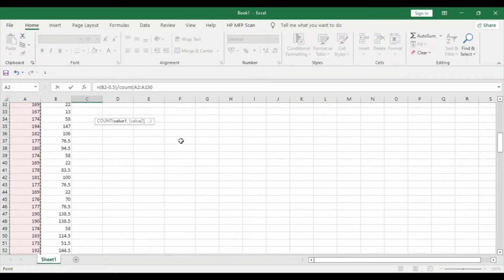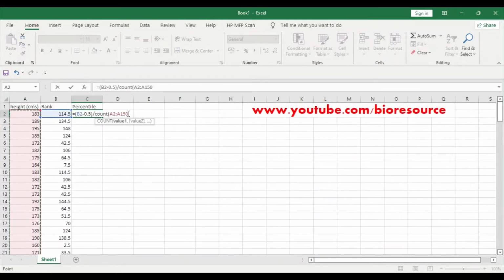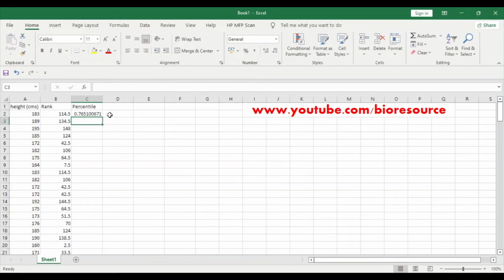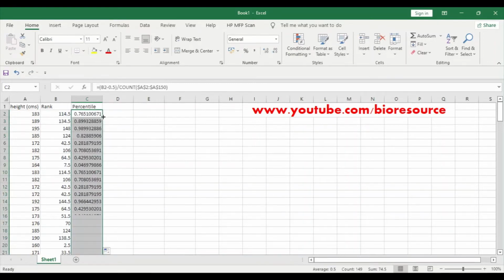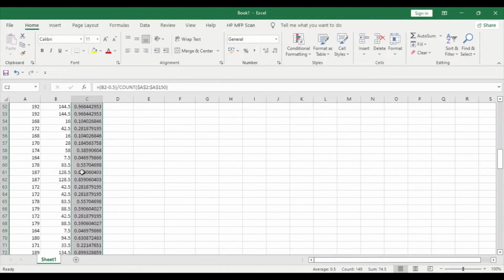Same thing, we have to select here also to fix the cells. You can press F4 to fix the cells and close the bracket. Enter. Now we have the percentile value. Same way, you can double click on this to get the values.